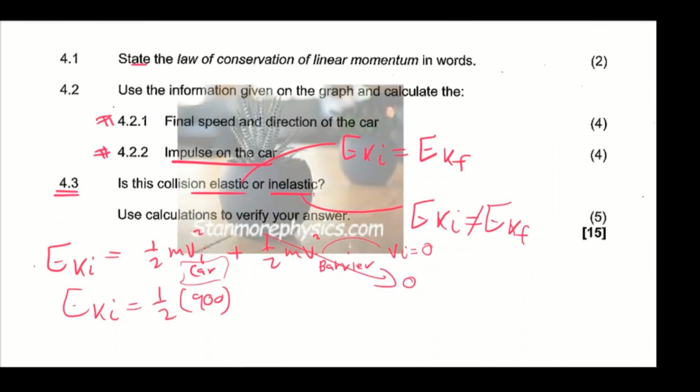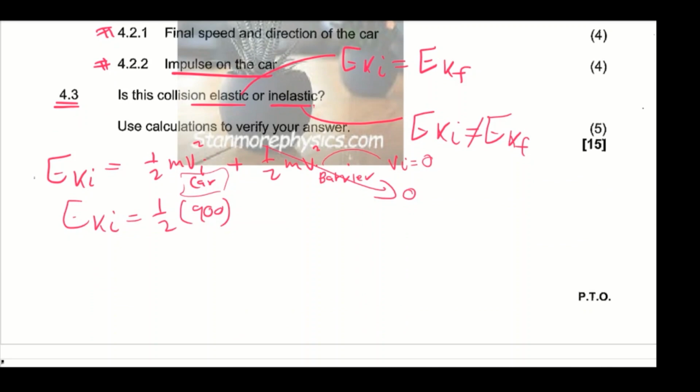So now the velocity of the car is equal to 20. When I substitute it here and square it, the answer that you need to get is 180,000 joules, right? And then now we want the final kinetic energy,